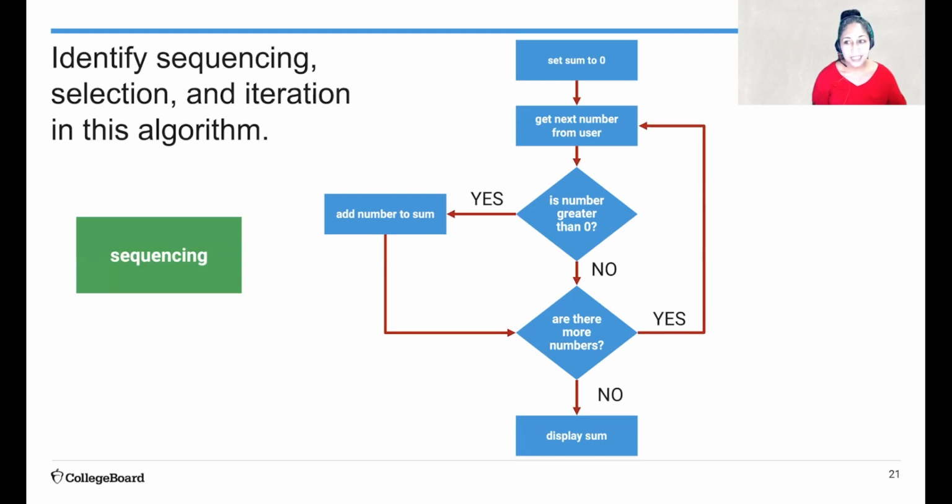So we have sequencing, again, indicated by our arrows. The arrows tell us which way I'm going to go, which thing I'm going to do next. I have selection when I'm asking the question, is the number greater than 0? Based off of the outcome of that question, I'm either going to add the number to the sum, or I'm going to just move on and check and see if I have more numbers left to look at,